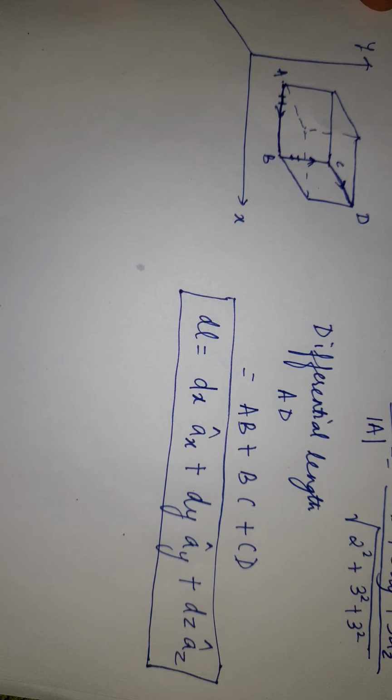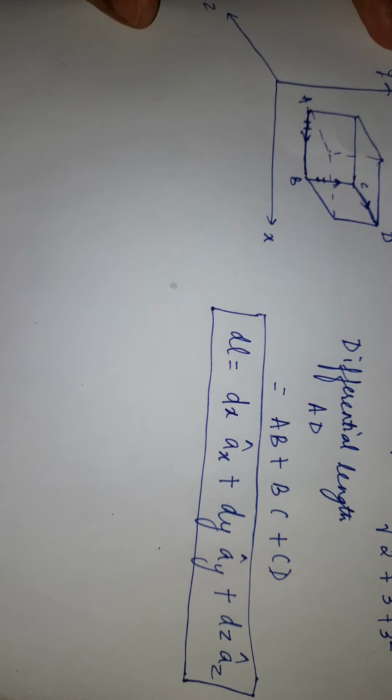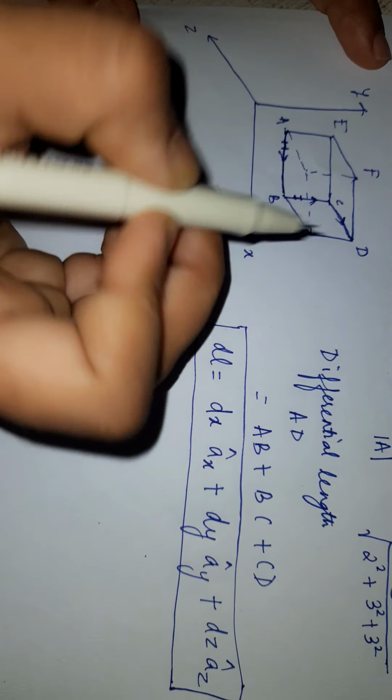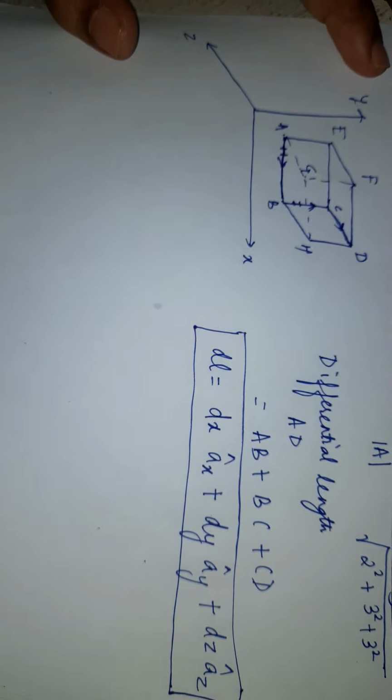Then there is another concept. If length is there, then this also has a surface, as you can see. Suppose I do the naming as A, B, C, and let me write here C, D, E, F, G, H. Now let me define differential surface. The surface, you can see A, B, C, E. Similarly, this cuboid has 6 faces, so 6 surfaces. Basically, it will have a surface in each direction.